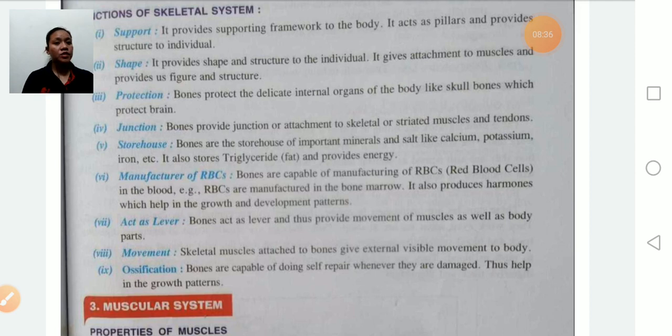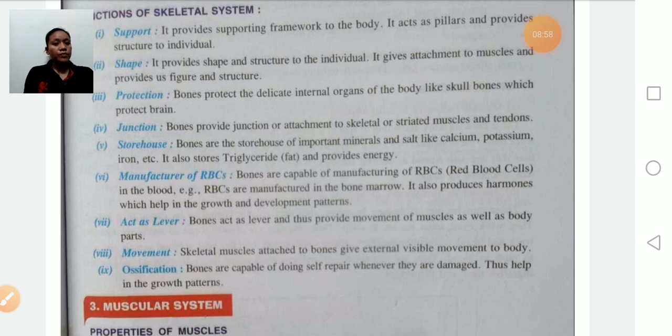Shape: it provides shape and structure to the individual, gives attachment to muscles, and provides us figure. Protection: bones protect the delicate internal organs,